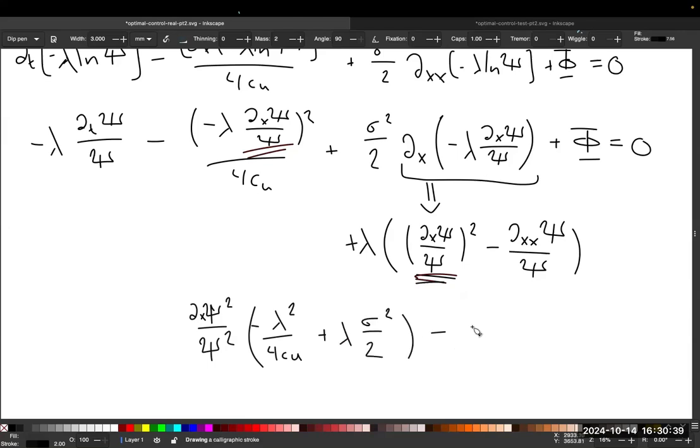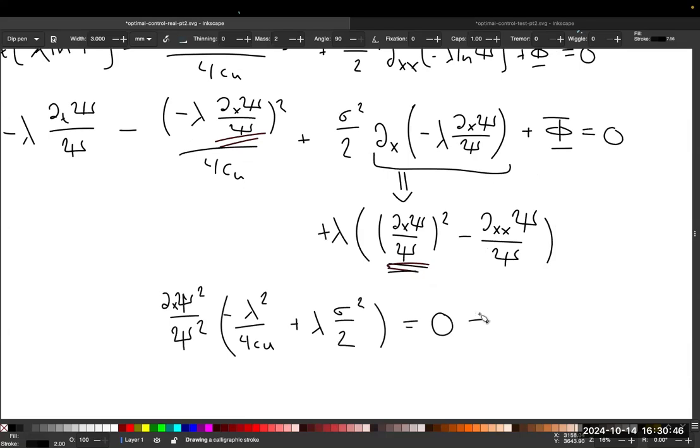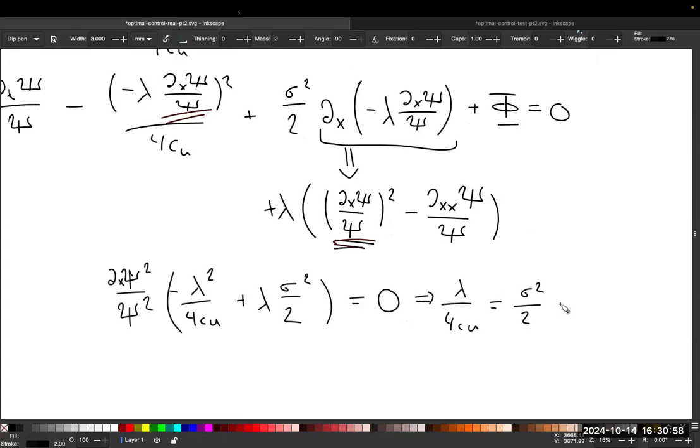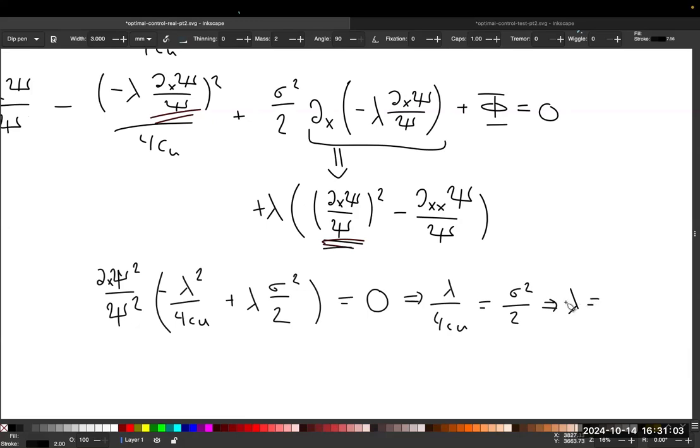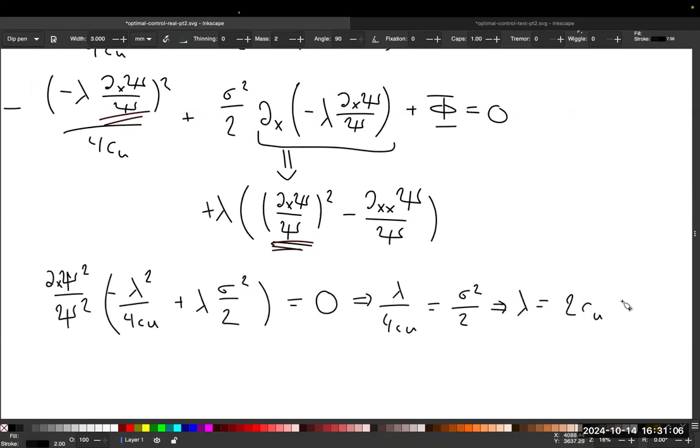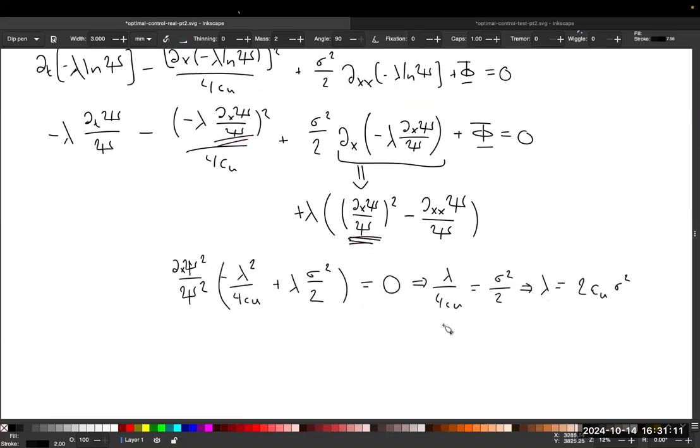And this should equal zero. That is the game that we're trying to play: we're trying to find a lambda for which this equals zero. So we can see that what we need is for lambda over 4cu to equal sigma squared over 2, which tells us that the right lambda to get this cancellation is going to be 2cu sigma squared. All right, so if we choose that lambda, this is the lambda that we're using,